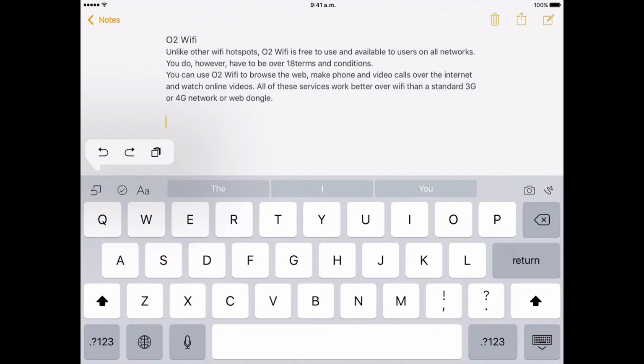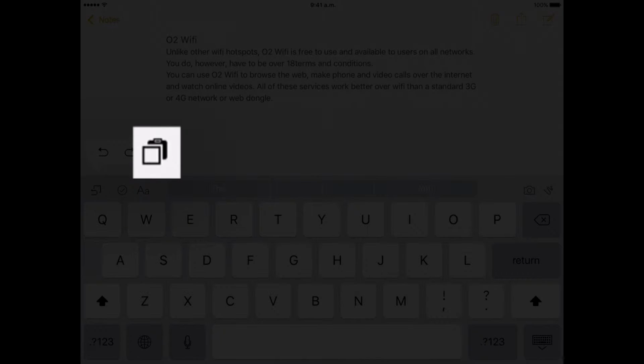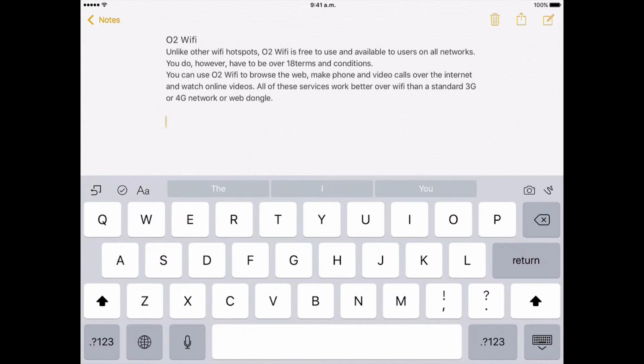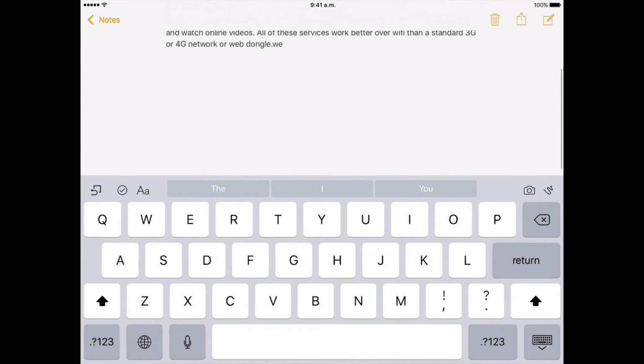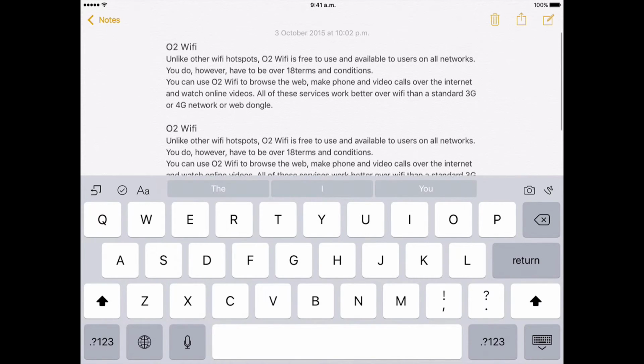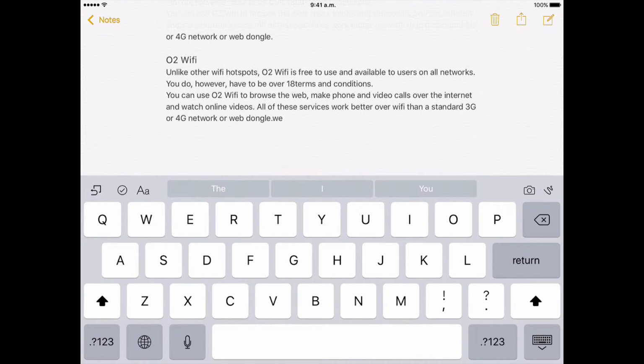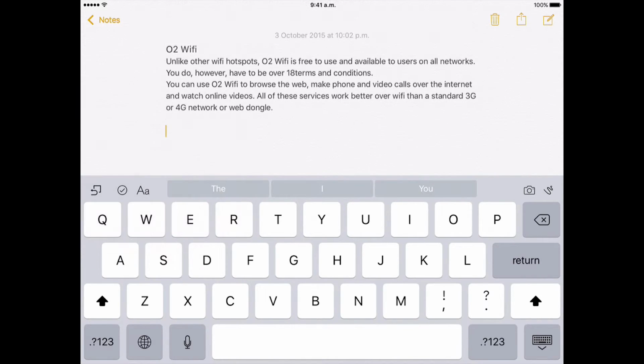Now, the next option that we can see there is what looks like a little clipboard. This is basically a paste option. If you've copied some text from another source, like what I did earlier on, I copied this O2 Wi-Fi text to use in this demo, any text that you've copied to the clipboard, if you touch that little clipboard icon, you'll see it pastes whatever you've got in the clipboard onto your note. So if I just undo that,